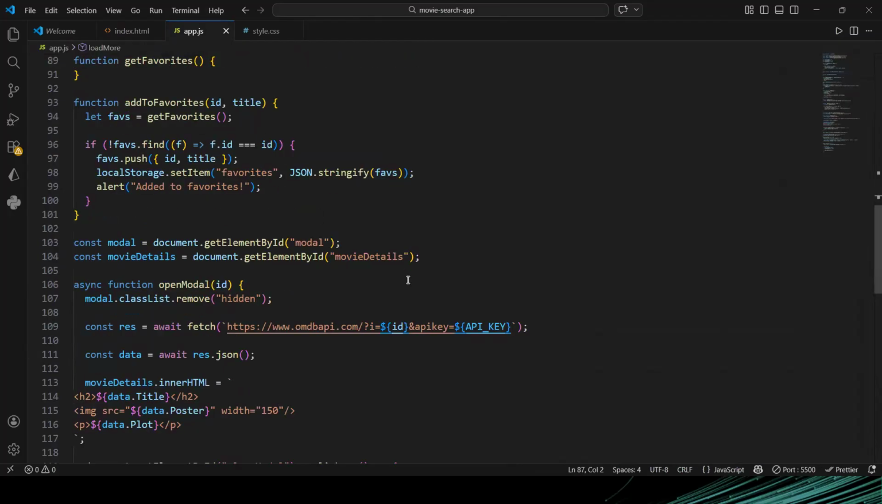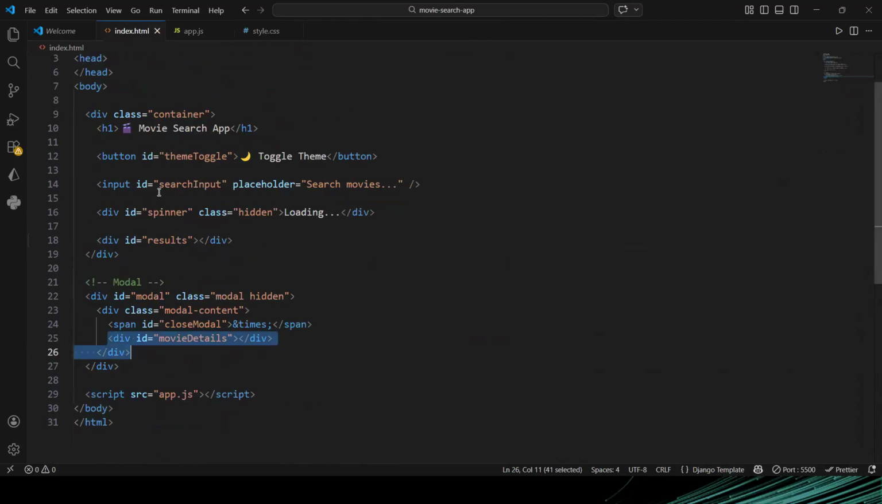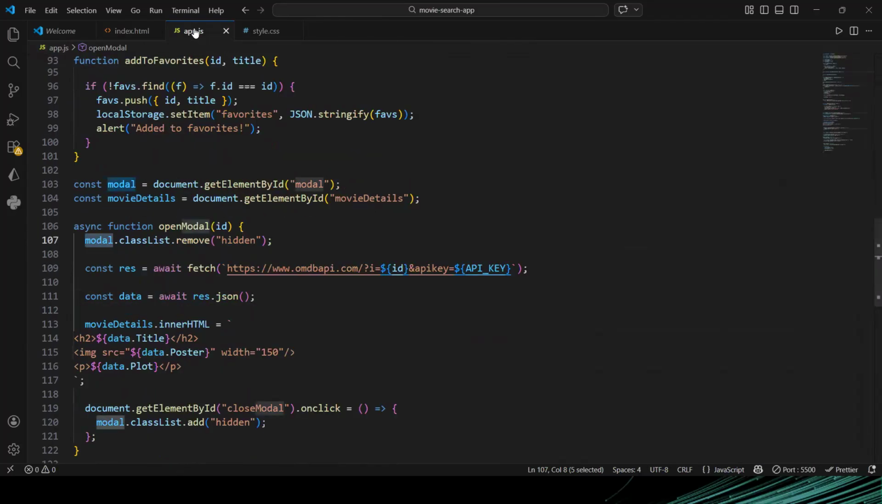Now we have another function called openModal. As we call this function, the first thing we do is remove the hidden class on this modal. Look at this modal, that's what we have here. We remove it because it has a hidden class, so it will be visible. Then we make a call to the fetch API to get the details of this movie that has this ID. Once we fetch it,